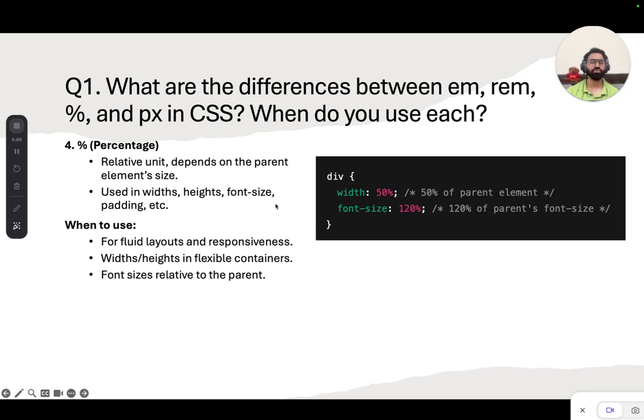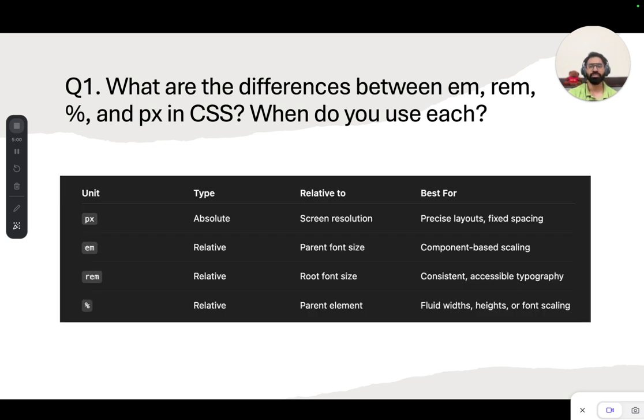So when should you use percentage? For a fluid layout and responsiveness. When you want your layout to be responsive, meaning it should scale up or change as per the user preferences, or if you are zooming in or out in your browser, then you should go with the percentage. Here the font size is relative to the parent element. This is a very important point. Now next we are going to see